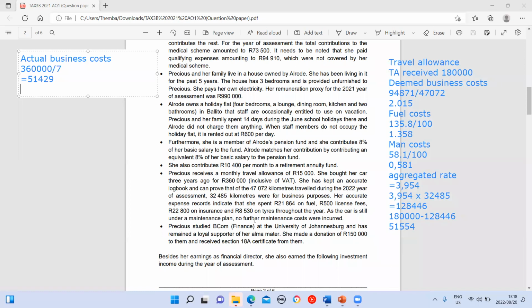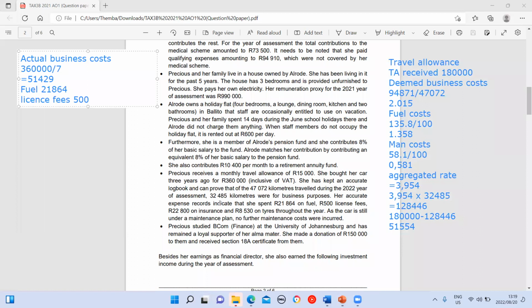But remember the substance of these costs, because they are telling us that there are no further maintenance costs incurred. But let's start with our fuel, which is 21,864. Then our license fees. So our license fees will be 500 rand, and all of these costs have expense records,